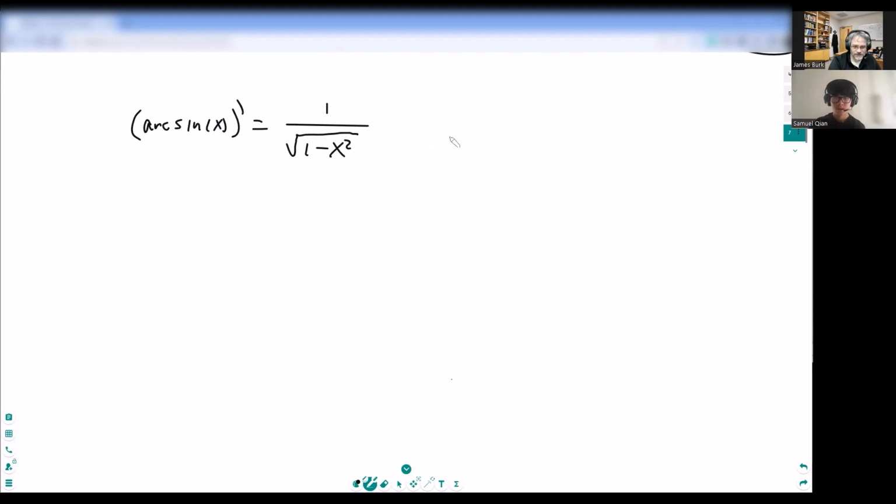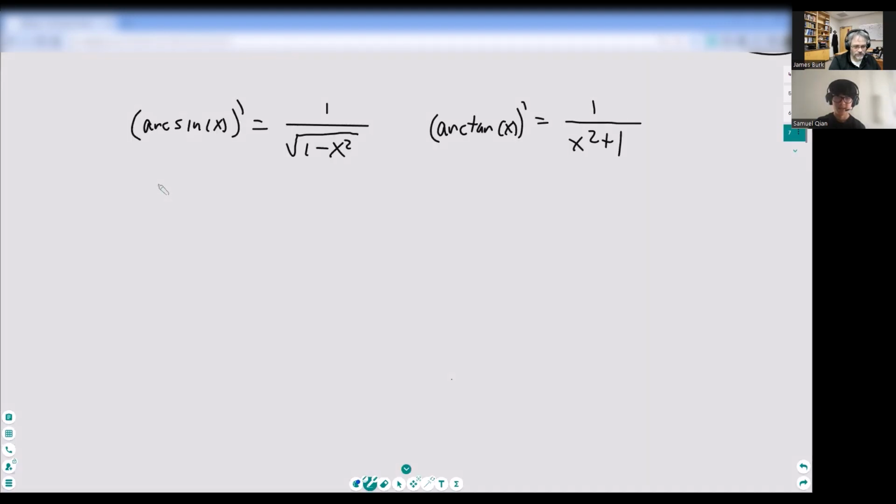Those honestly, Samuel, they don't come up that much to make it worth your while. Now, it is useful, and they're probably going to put it on an exam or two, but you're really not going to use them that much in a calculus class. So it'd be more of like an extra credit question. That's usually how I put it when I'm using it. But yeah, if I'm going to have a derivative for the arc cosine,